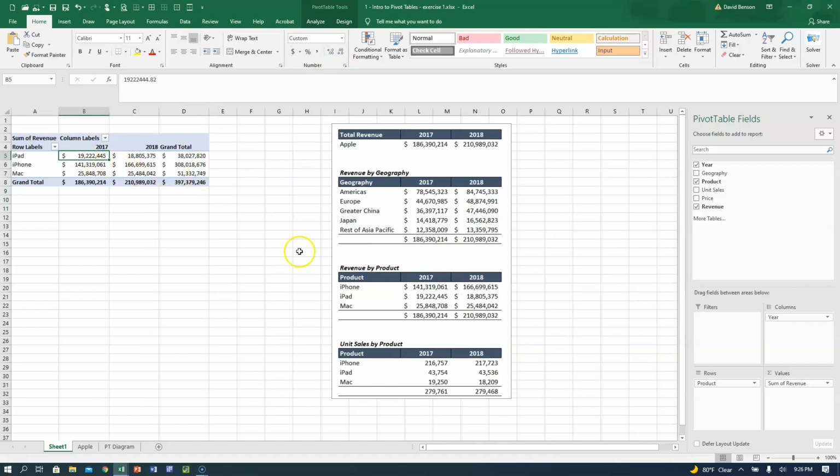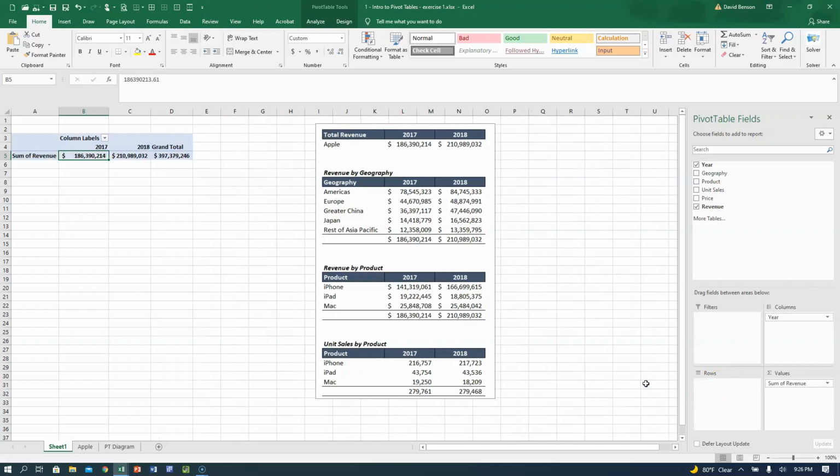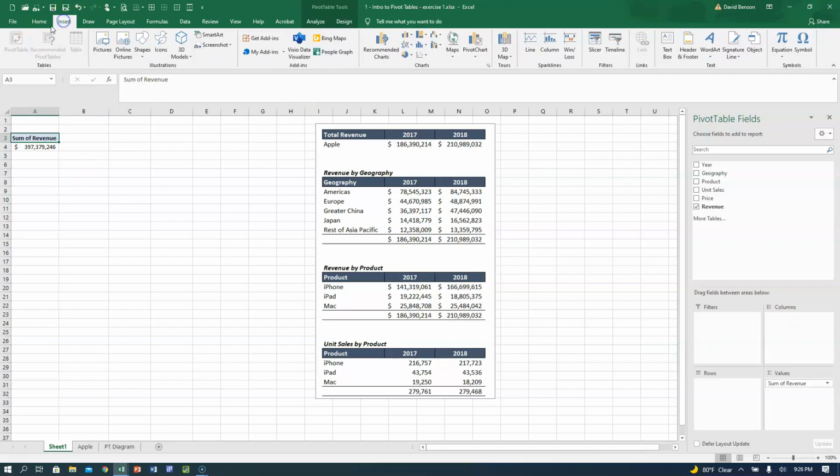Okay, so that 19222 is this 19222 for iPads. The easier way though is to just left click on it and slide it off, and left click and slide it off. And the pivot part of a pivot table, when it shows these arrows, is that it's really easy if I